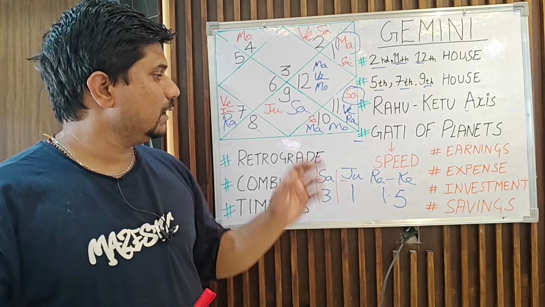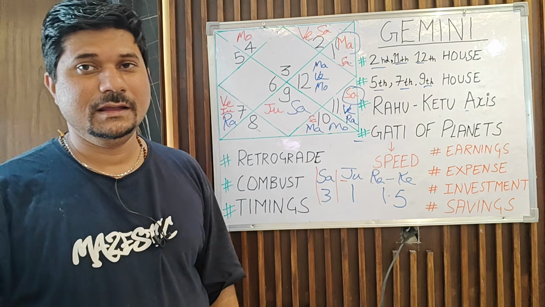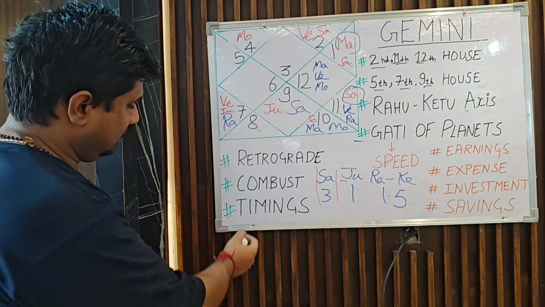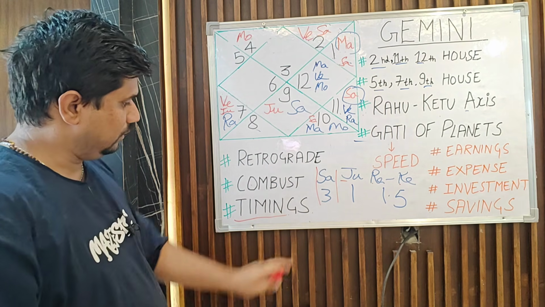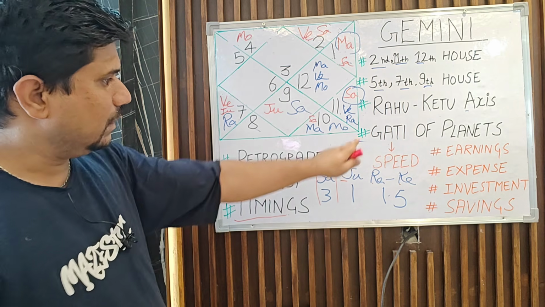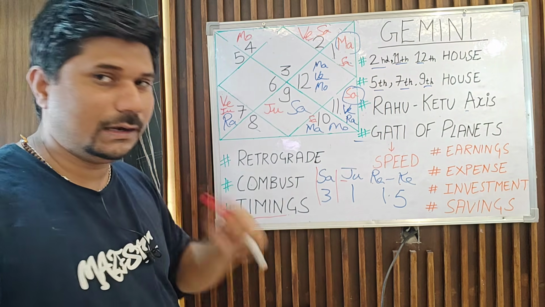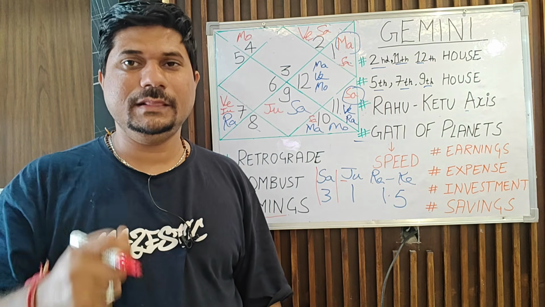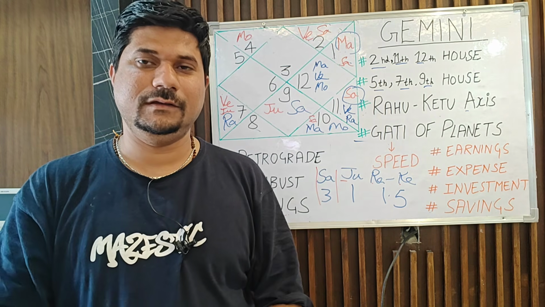Now you can actually connect this Gati with the Dasha and the timings part also. This part I'm covering, timings. We will look into these parts also, don't worry. But the Gati of the planets, the speed of the grahas, is also connected with the timings. Timings for attainment of wealth in your life. Timings are the most important point in Vedic astrology.